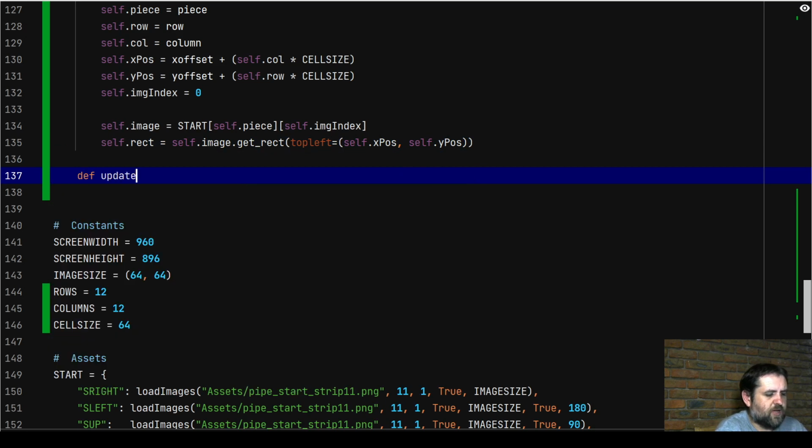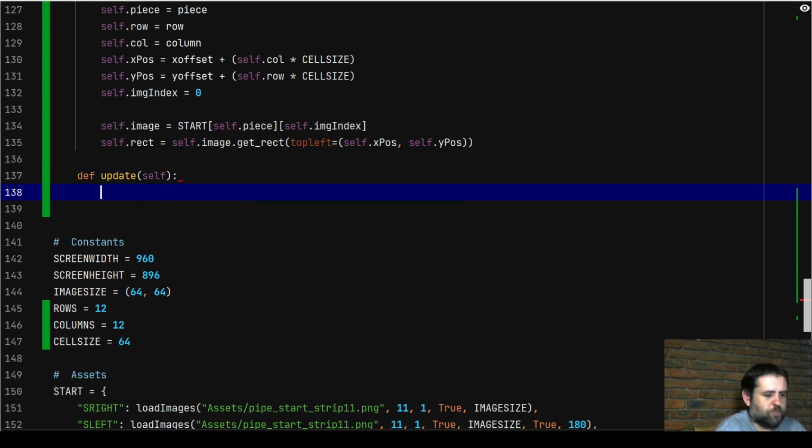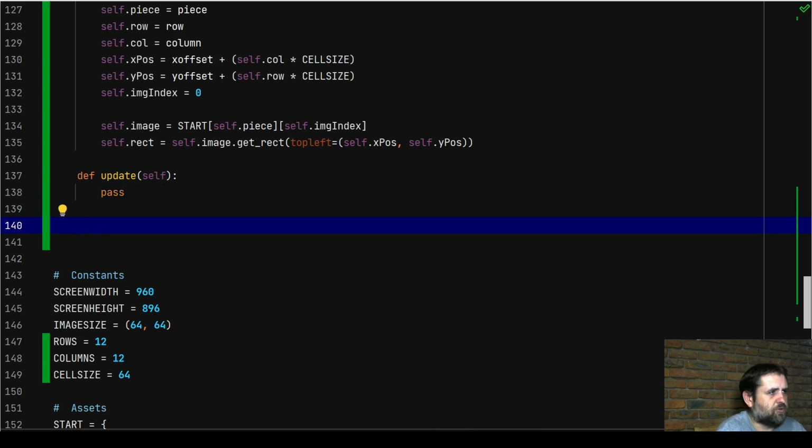We just need to go ahead and create a couple methods for this starting piece class. I'm going to define an update method. We're not going to give it anything at the moment. We're just going to say pass. All right. There's a bunch of work that needs to go into that method, but we're not going to do it right now. Then the next thing we're going to create as a to-do portion for later,